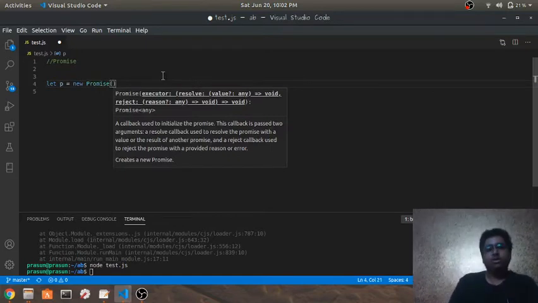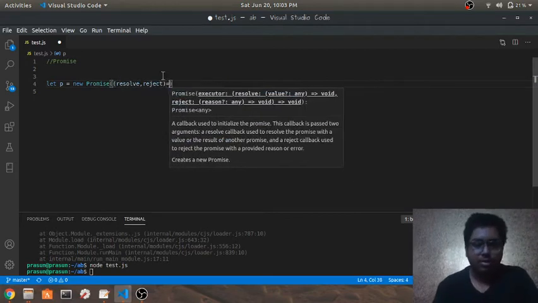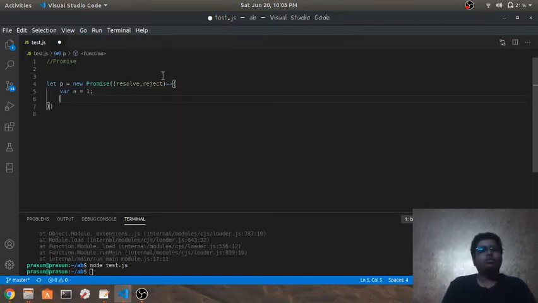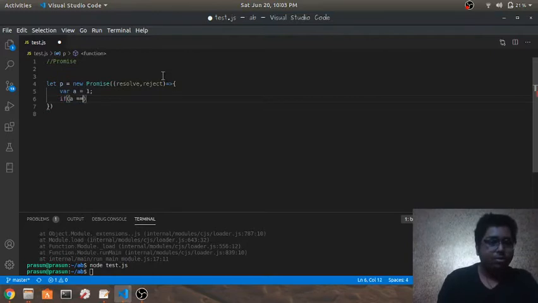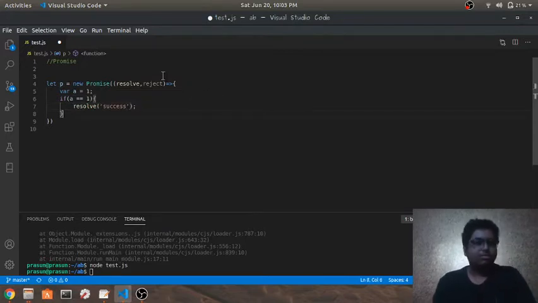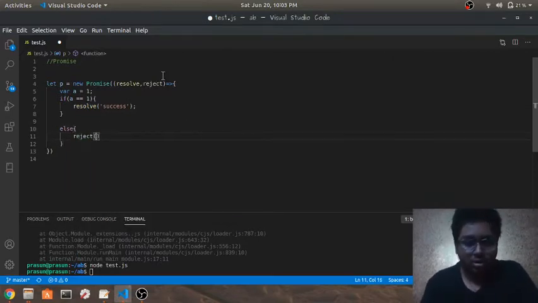A promise accepts a function which takes two parameters, resolve and reject. Let's take an example where a equal to 1. Now I want this promise to get resolved if a is 1. So I would write if a equal to 1, resolve this promise, and I will send a message success if it gets resolved. And if the promise failed, I want it simply to reject and send the